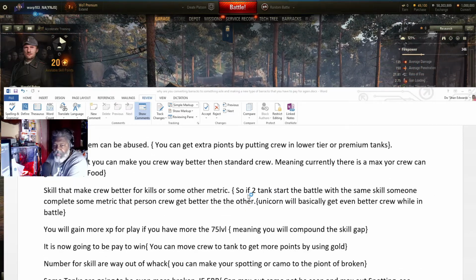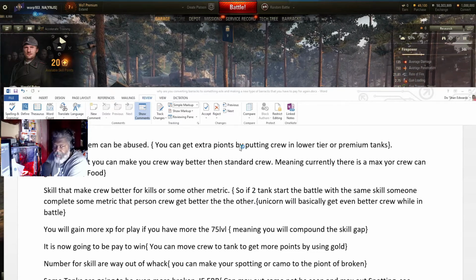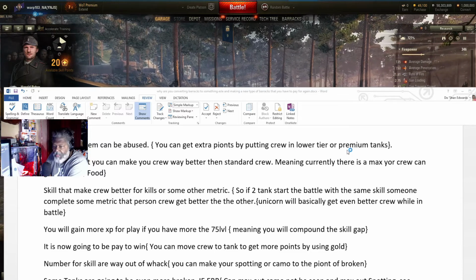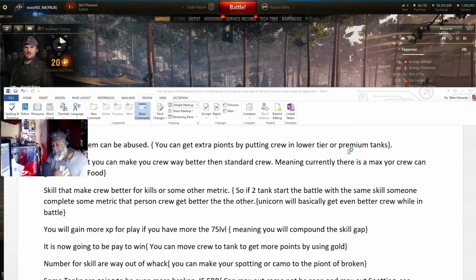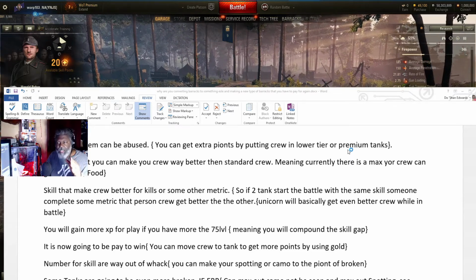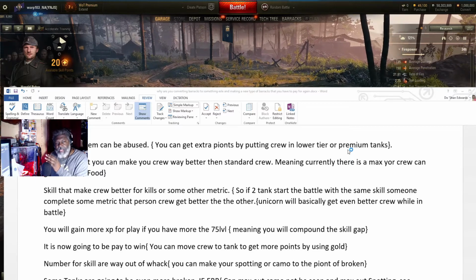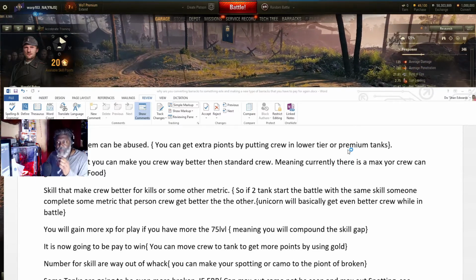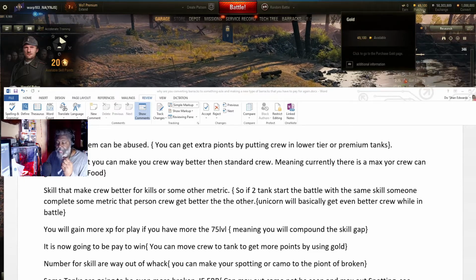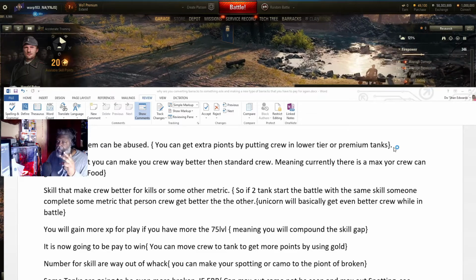Now, the crew system can be abused, meaning that you can get extra points for your crews if you put them in low tier tanks or you put them in premium tanks. You'll see in the next video that you will see one set of numbers in the original tank it's in, and another set of numbers when I actually put these in premium tanks. So again, if you have enough credits, enough gold, or you have enough real money, you can convert your things over and abuse the system and get a high skilled crew